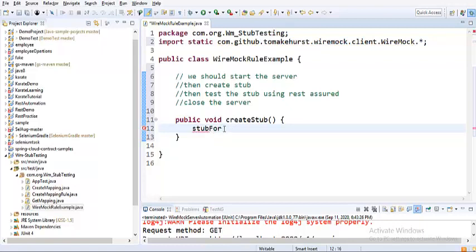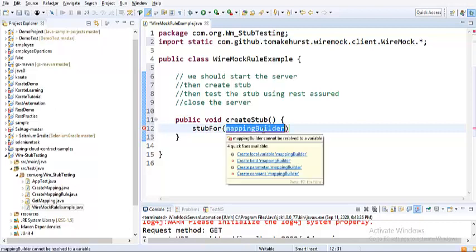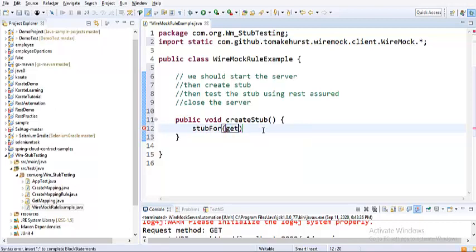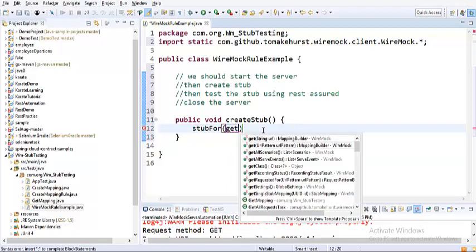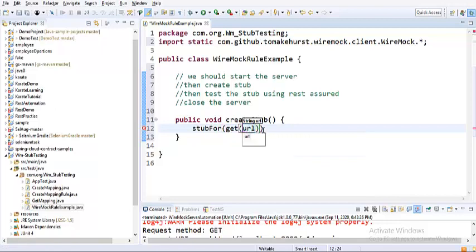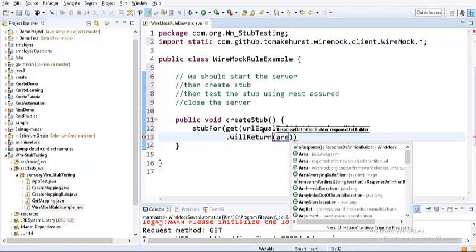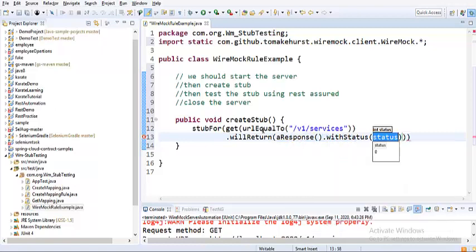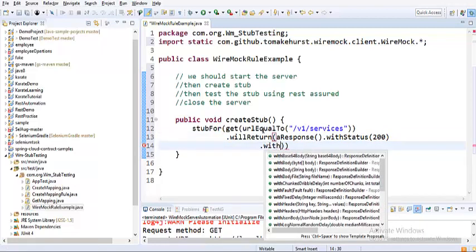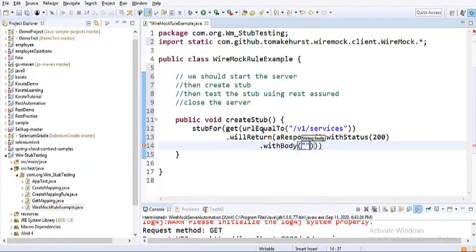so just press Ctrl+Space, and you should get the suggested method, and MappingBuilder. So with the mapping builder, I'm going to say this is going to be a get method, and then URL equals, I would say /v1/services, for instance, and this will return a response with status as 200, with a body that is going to be something.